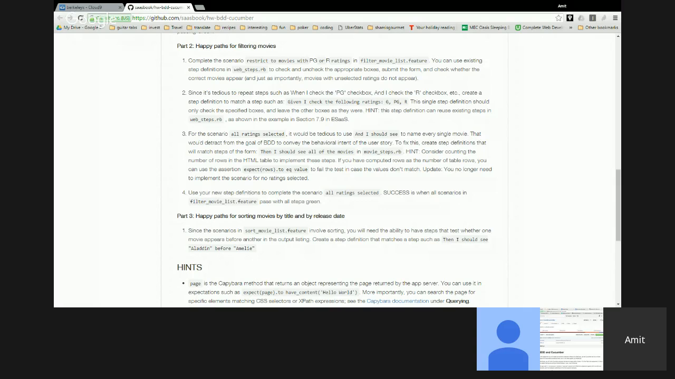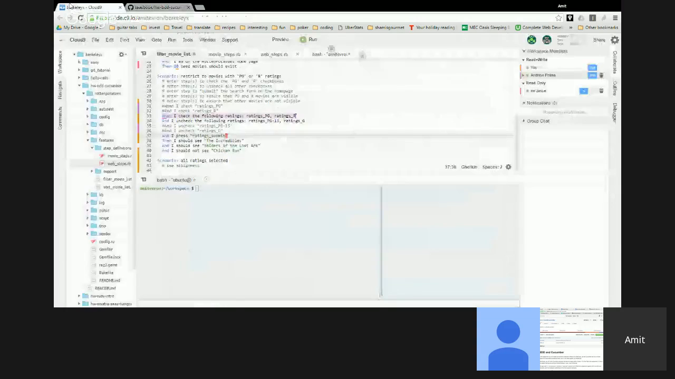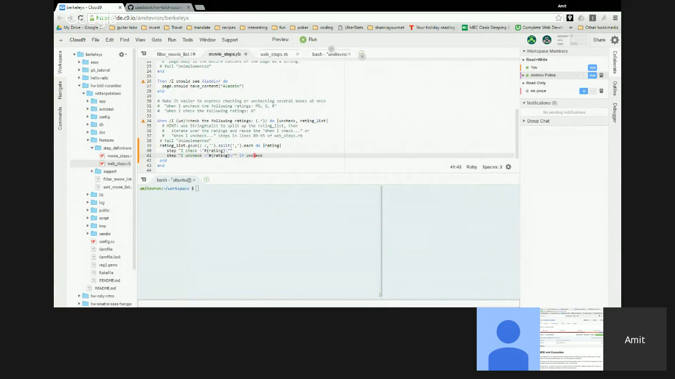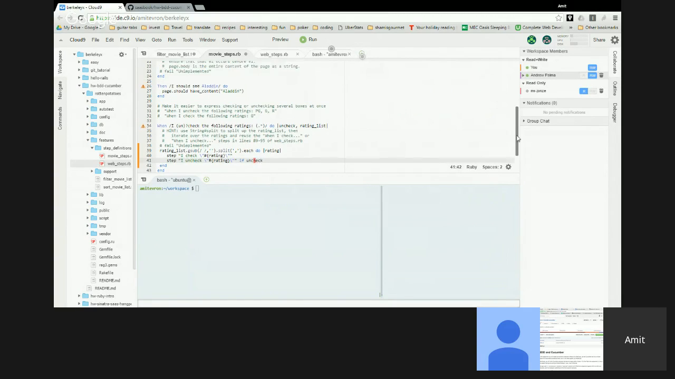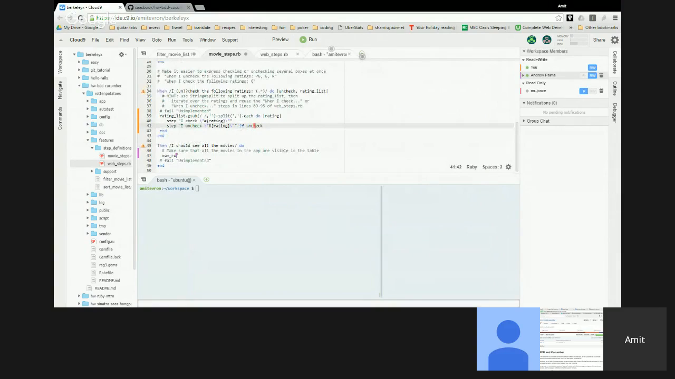Okay, so I'm inside your movie steps.rb. Can you see me? So I just did a return. Movie steps, sorry, let me get in there. Where is your line? 47. Oh yeah, there you are. So there are 10 films. We're expecting 10, and then